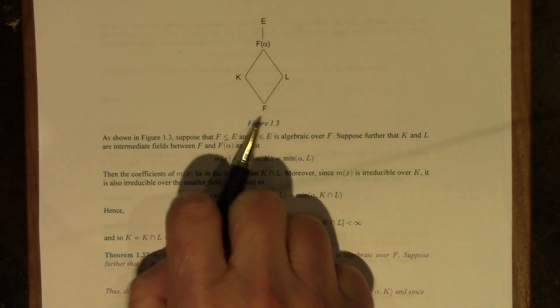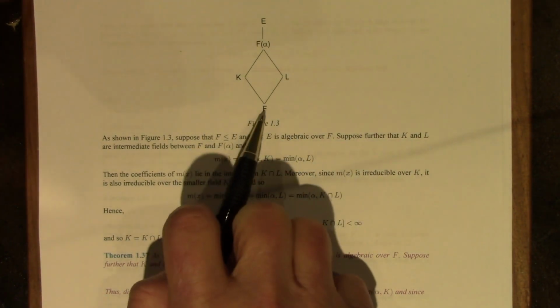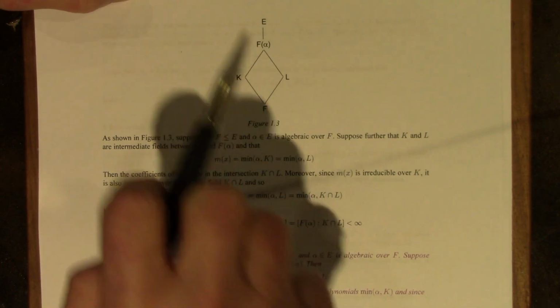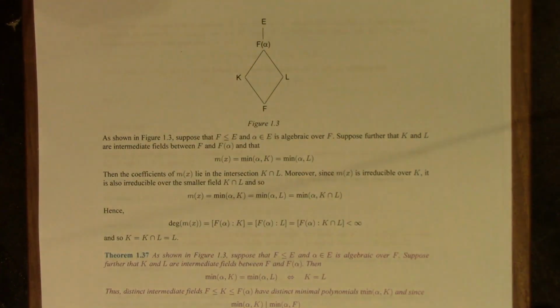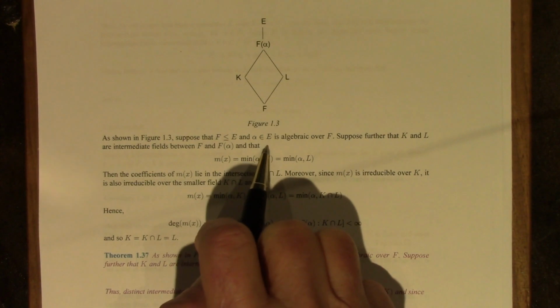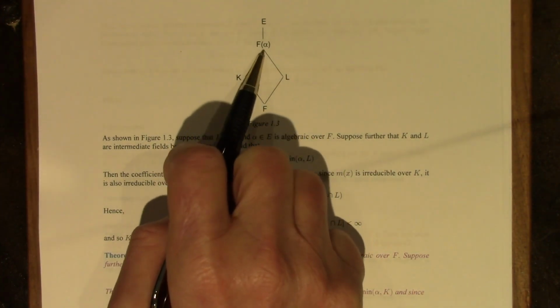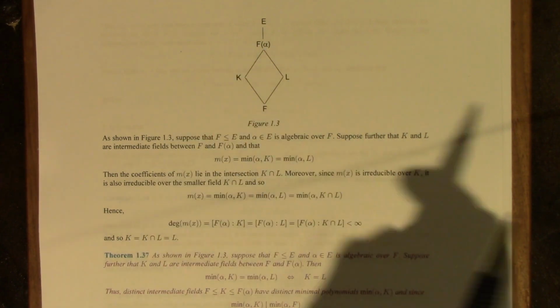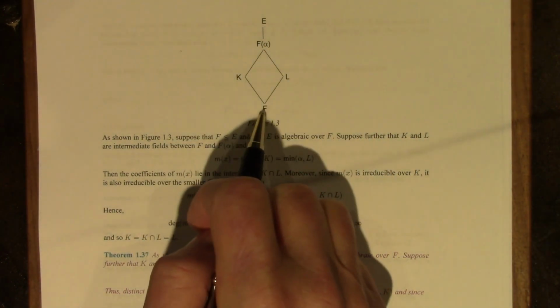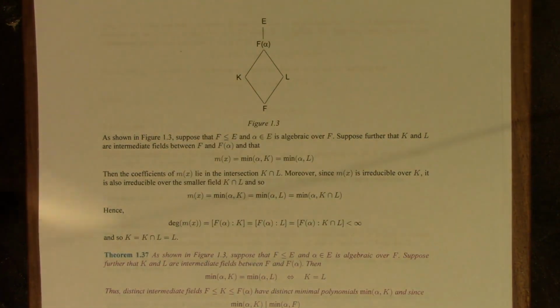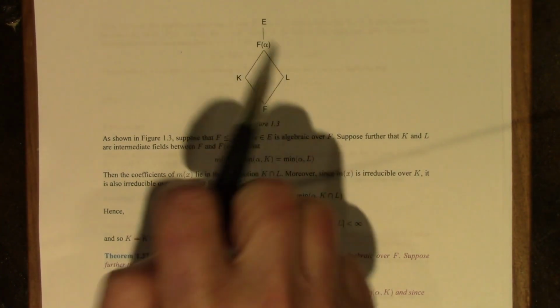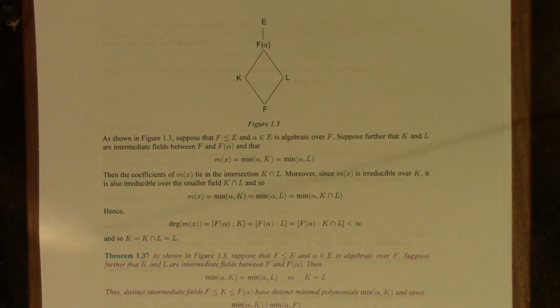As shown in this figure, suppose that E over F is a field extension, F is the base field, here's E at the top, and that alpha is an element of E that's algebraic over F. So here is F with alpha adjoined. So this is from F to F of alpha adjoined, a simple algebraic extension. And suppose further that K and L are intermediate fields between these two fields, F and F with alpha adjoined,